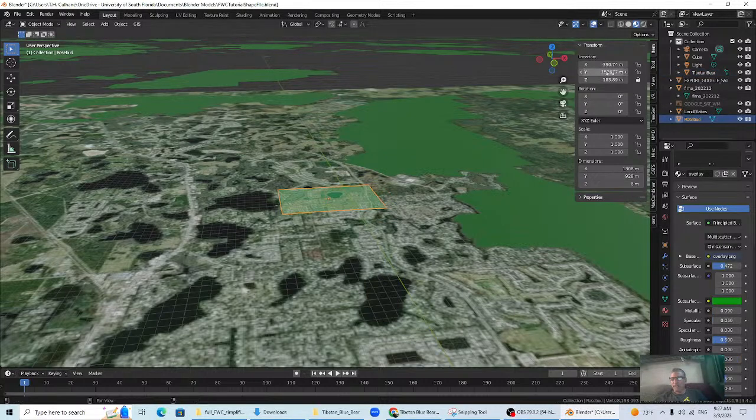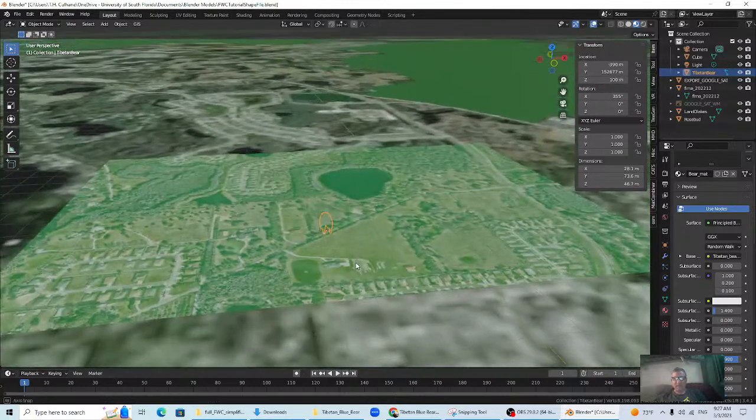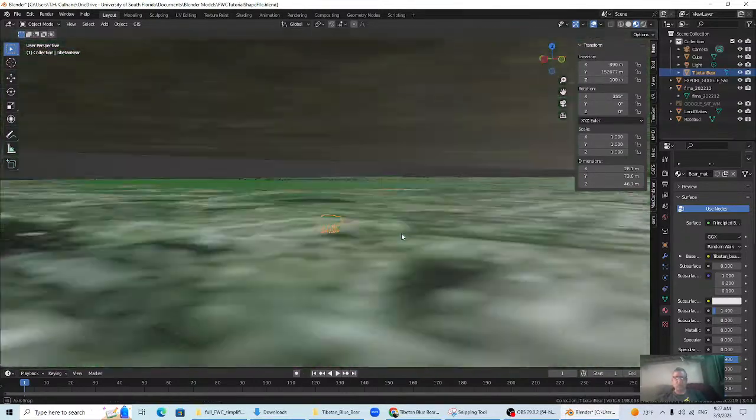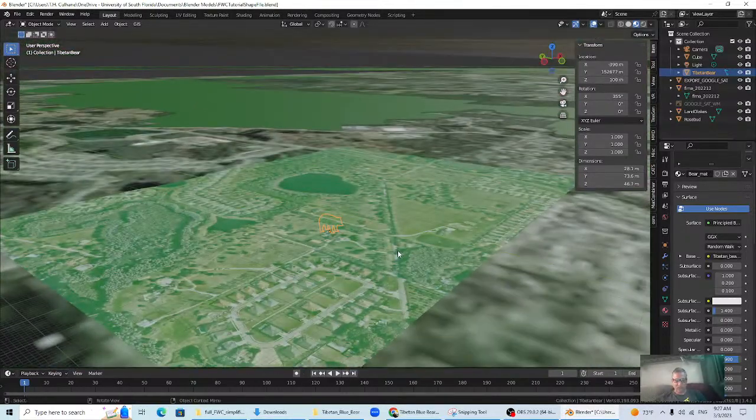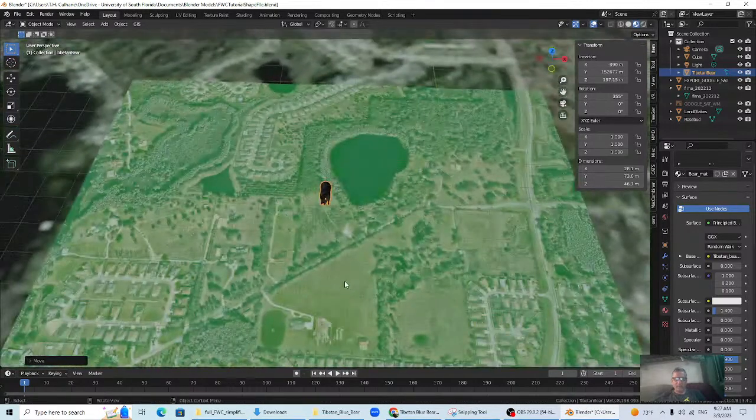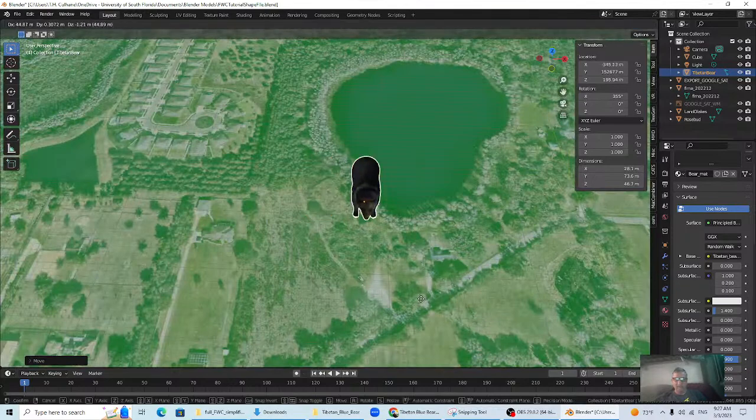It's at 152677. And Y, 152677. And then the Z should be, I think we said 100. Now the bear is there. Ah, good. It worked. Still a little low though. Bear's underground. It's an underground bear. Bring the bear up. Now, of course, that bear is way too big